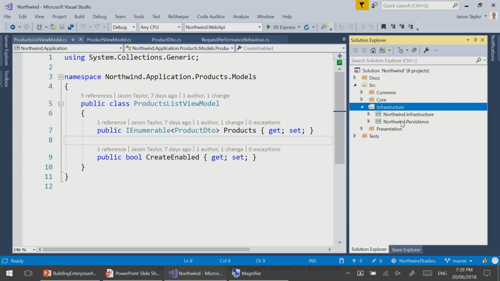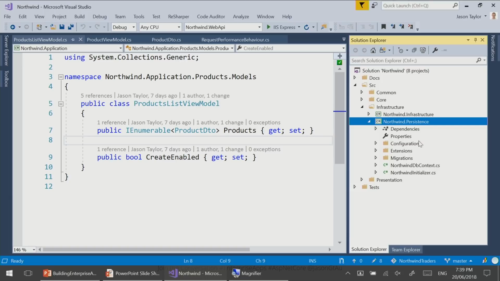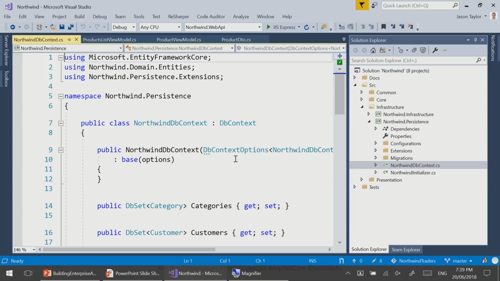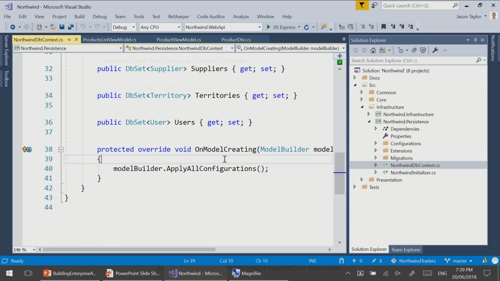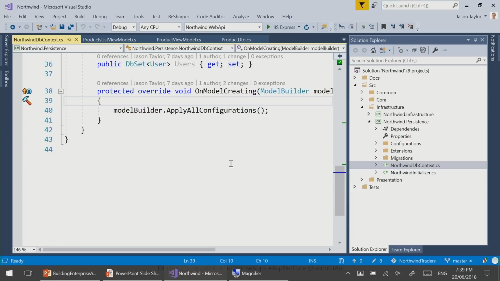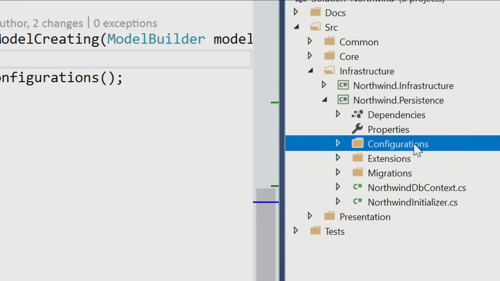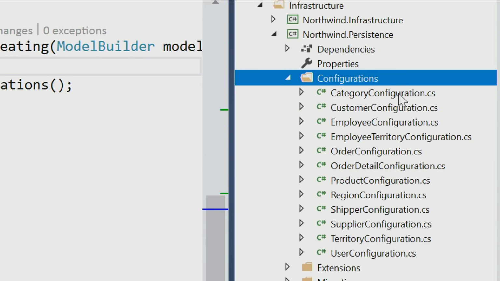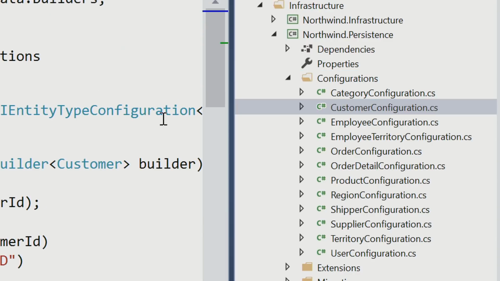So I keep persistence inside infrastructure just to make it clear. Let's have a look. One of the things that I talked about was preferring Fluent API configuration over data annotations. So there's a couple of ways you can do that. You can, in the DB context, specify on model creating how an entity should be configured. And that's fine for really simple DB contexts that maybe contain just a couple of entities, but not for anything of size. This will become too big, and it'll contain configuration for all types of entities. So what I like to do is just create a little configurations folder, and inside of that I put in entity type configurations. So if you have a look at this customer configuration,